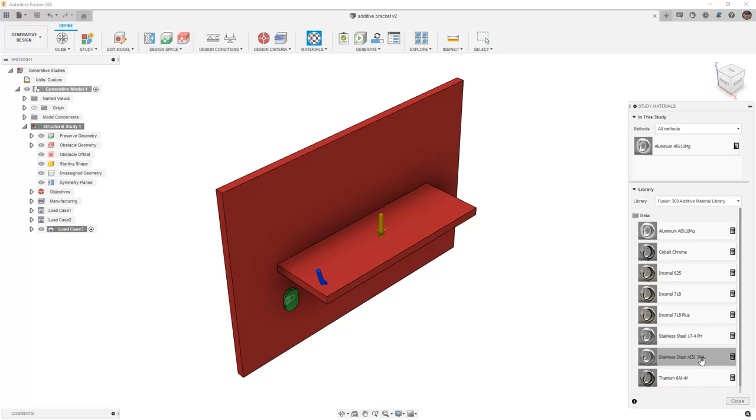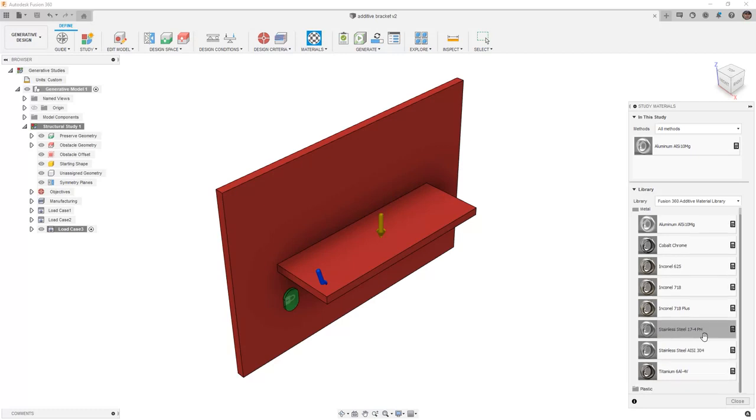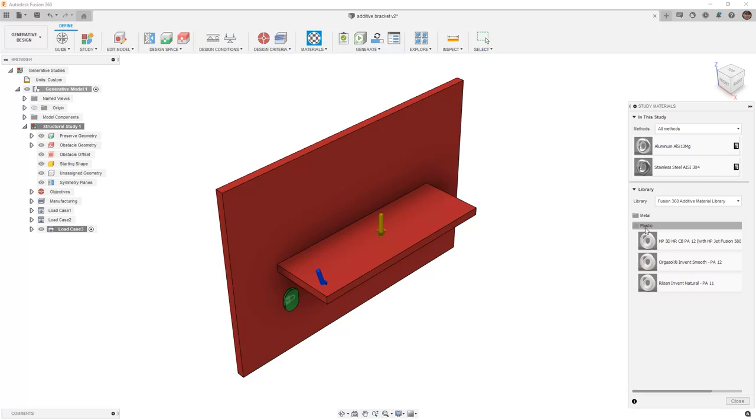So when we look through stainless steel, we have two options. There's a 17-4 and an AISI 304. We're going to add the 304 to our list, and then we're going to move on to our plastic materials. There are only three that are listed in here, one for the HP Jet Fusion machine, and then we have Orgasol and Rilsan. So we're going to go ahead and add all three of those materials,